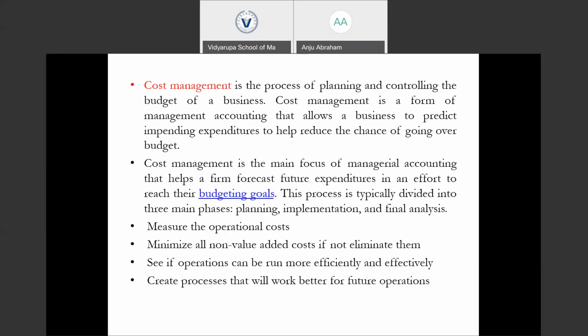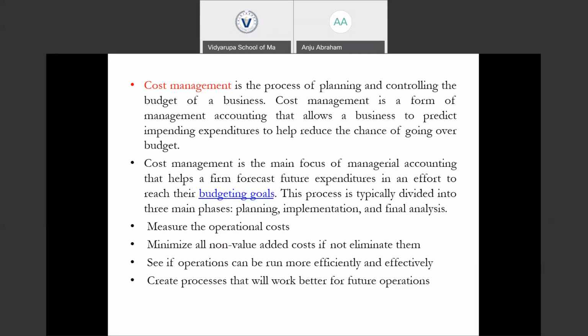So in cost management, there are various activities which include collecting, analyzing, evaluating, and reporting the cost statistics for budgeting purposes. So it involves collecting of cost data, analyzing of cost data, evaluating the cost data, and reporting the cost data to the top management or whoever the relevant authorities that require this cost information.